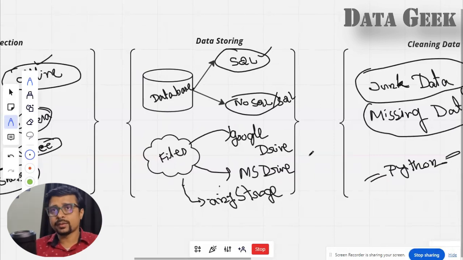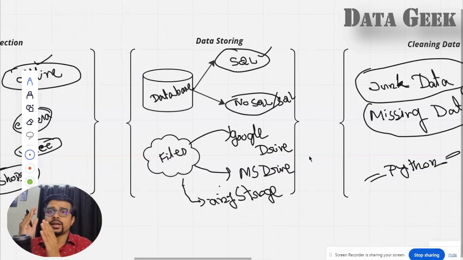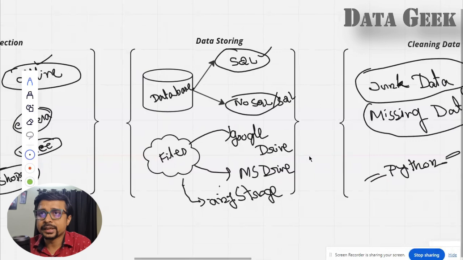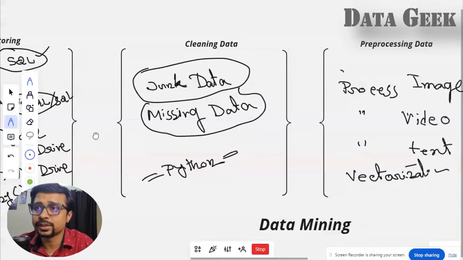Until now, whatever we discussed, from data collection to data storing, is basically pre-work, and it is not done by your data scientists or data professionals. There are multiple ways of collecting data, and it involves multiple types of developers and software professionals. So after we collect the data, then the data professionals' work starts.